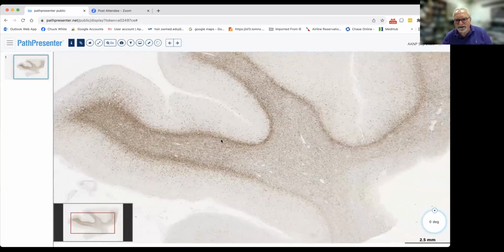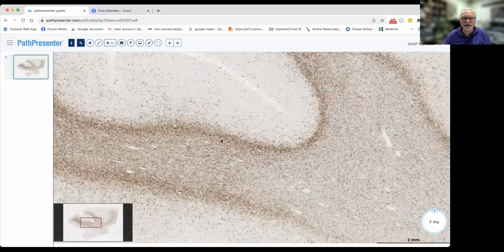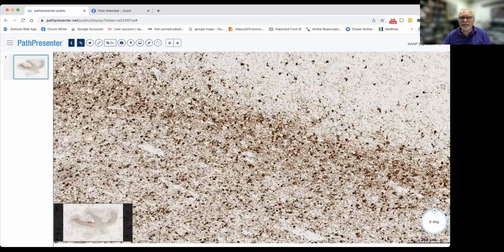And this is a great example of a globular glial tauopathy. I include this here because you're likely to see cases of CBD, PSP, Alzheimer's disease, and even maybe Pick's disease in a regular neurodegenerative disease practice. But this one is pretty rare. I think that I've seen a total of 3 cases of this in 40 years, 2 of those recognized by one of my former fellows, Pat Malafronte.